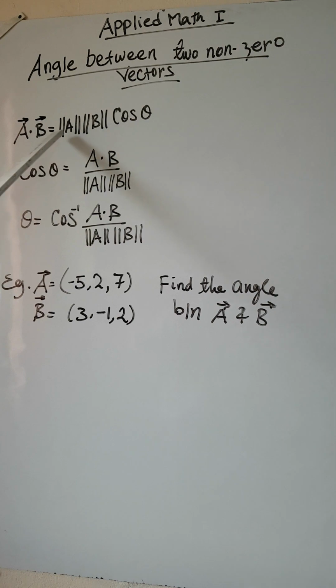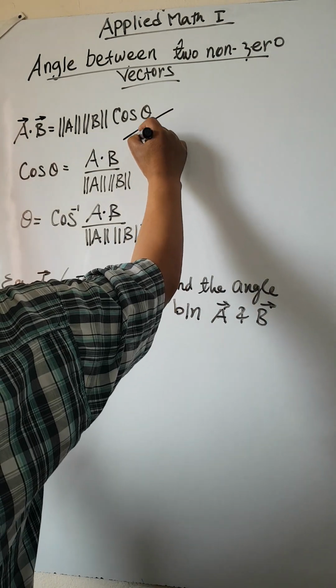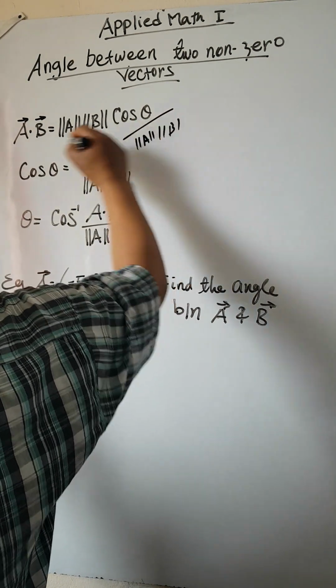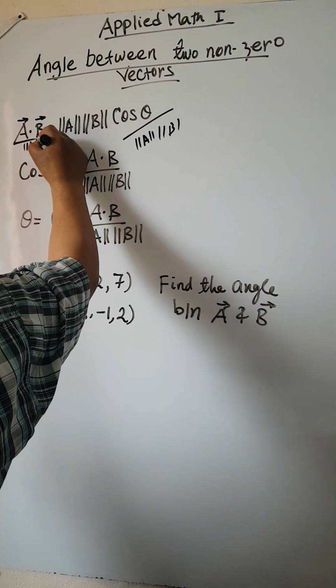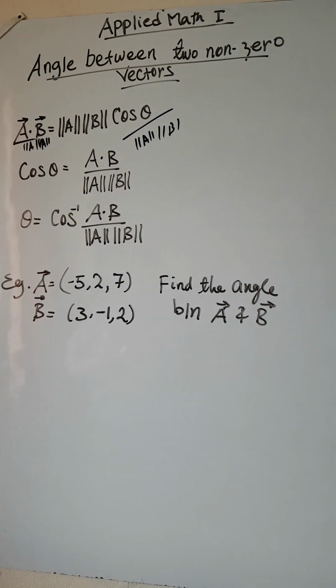Then cosine of theta, ከዚህ እንደምናየው, cosine of theta is simply a dot b divided by norm of a norm of b. ያ ማለት ሁለቱንም ሳይድ በዚህ ያካፈልን ማለት ነው። ስለዚህ cosine of theta a dot b divided by the product of the norms of the vectors. Then theta is equal to cos inverse of a dot b divided by norm of a times norm of b. ኖርም እንዴት እንደምንፈልግ ባለፈው ቪዲዮ አይተናል።